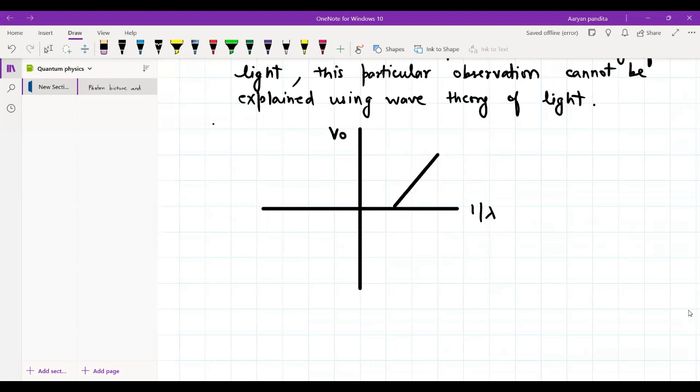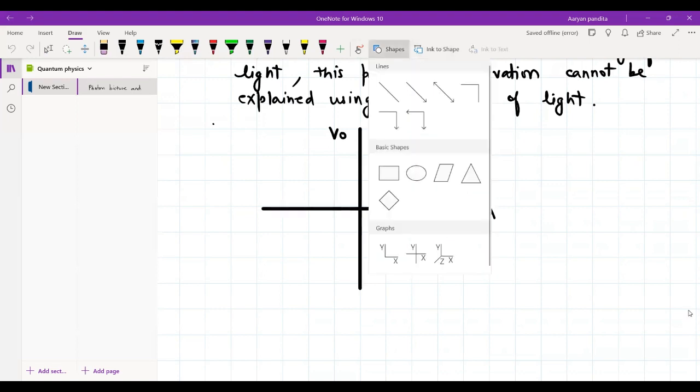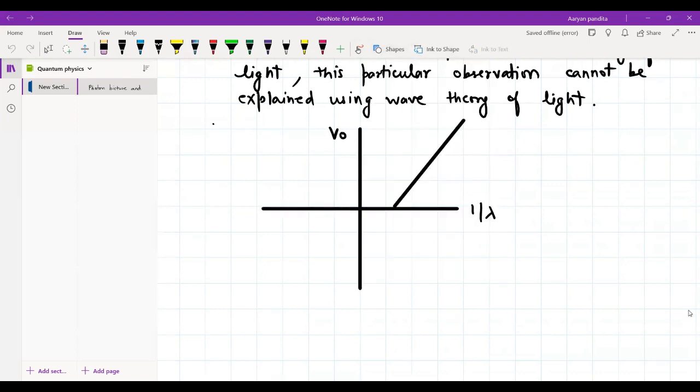This would be the graph. What is the slope of this line? If we compare the above equation with y equals mx plus c, this m is the slope, then the slope comes out to be hc over e. This would be the slope, and the intercept